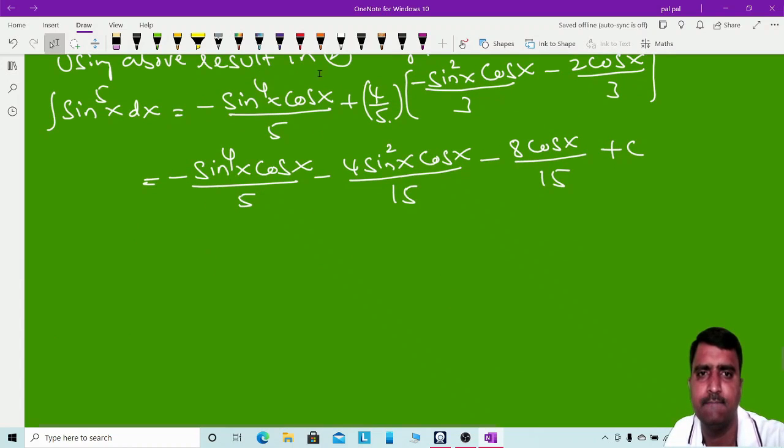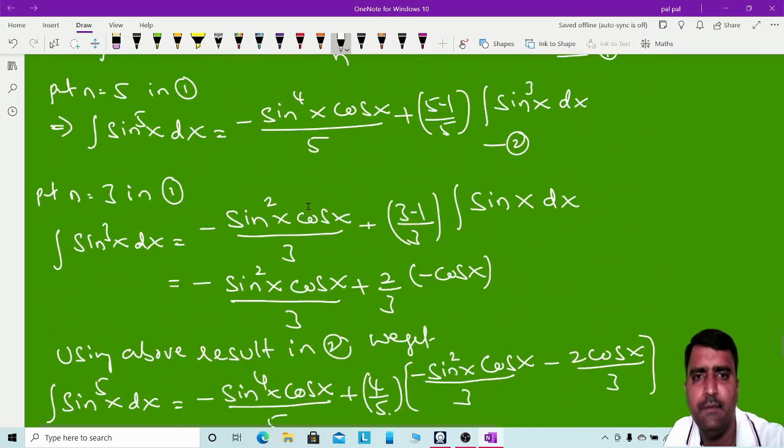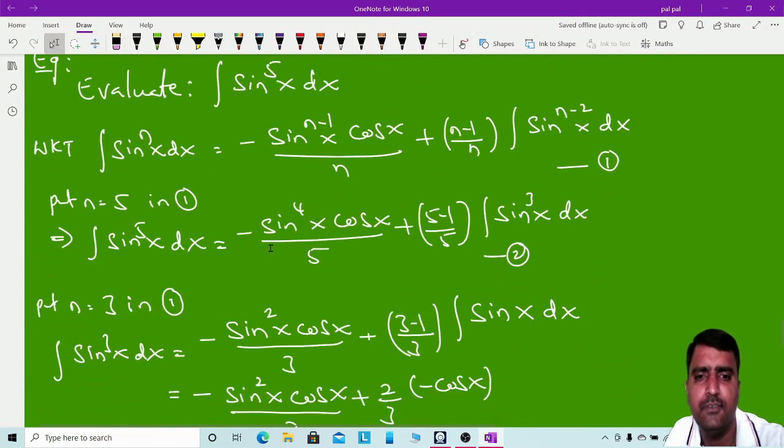Evaluate integration from 0 to pi by 2 of sine to the power 8x dx. This is the integrand with limits 0 to pi by 2. So here I am using this relation formula. So we know that integration from 0 to pi by 2 sine to the power nx dx is equal to